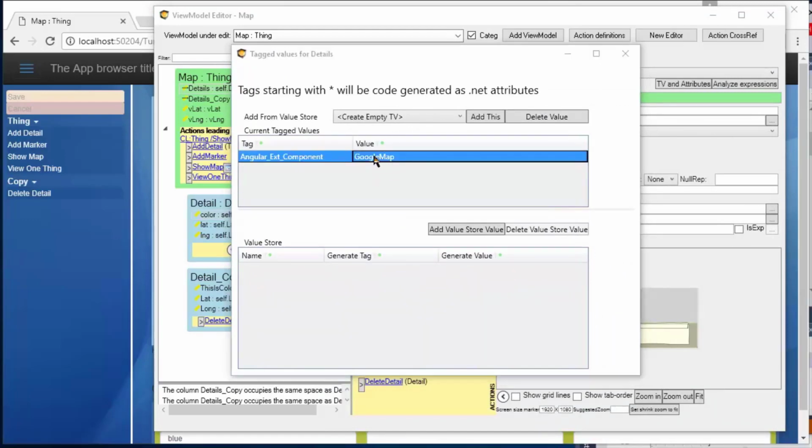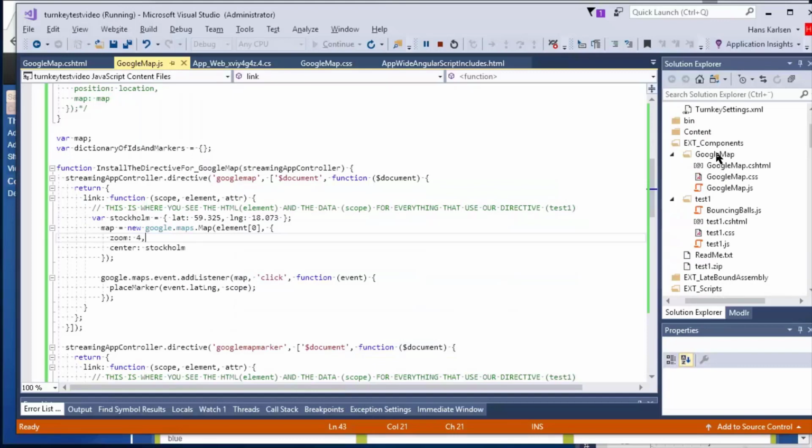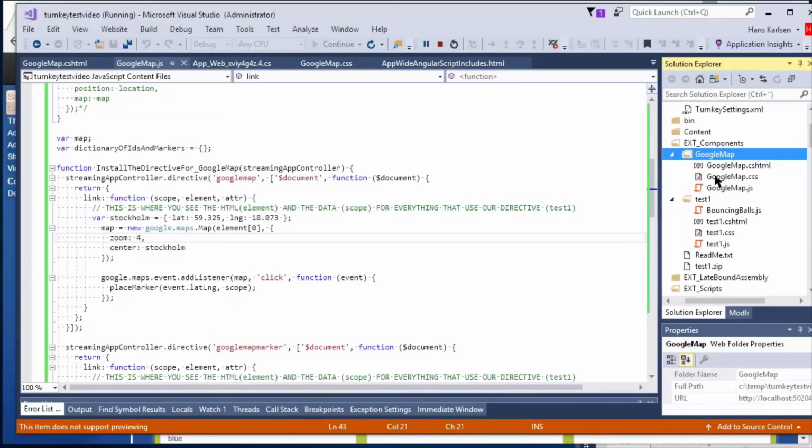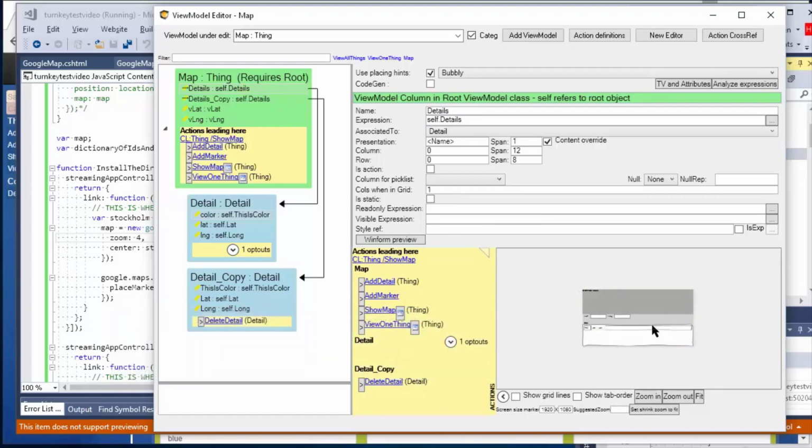So that name refers to this name and all the names here, right? Oops, I accidentally moved it. Like that, and